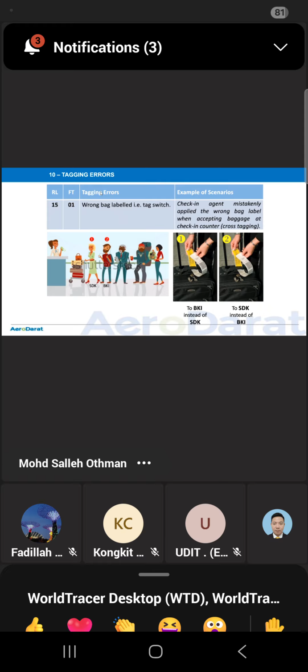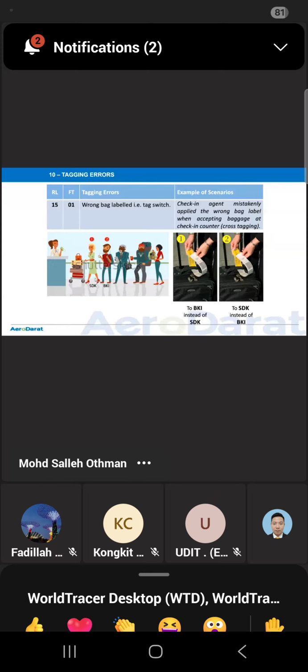Next, RL15, tagging error, Port Terminal 01, wrong baggage label. Tag switch: the check-in agent mistakenly applies the wrong bag label when accepting baggage at the check-in counter, a cross tag. Like this: the passenger in front of you is going to Sandakan, number 2 is Kota Kinabalu. Both come and check in with you.